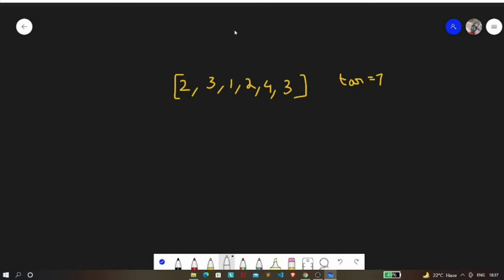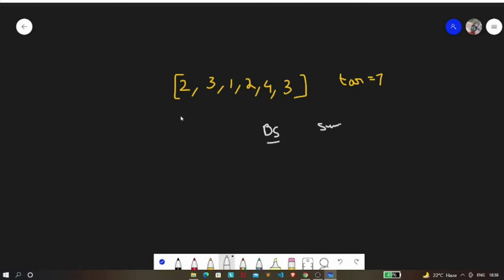Now the first question you may ask is, hey Abhishek, this array is not sorted, right? Then how can we use a binary search approach? That's a good question. Yes, you are right that this array is not sorted. It is an unsorted array. But our focus is not on the elements of the array, our focus is on the sum, right? That's our main focus.